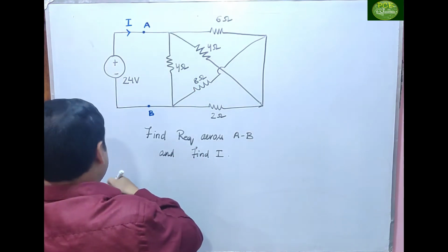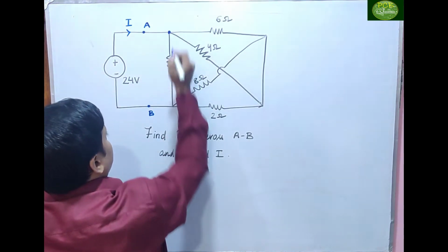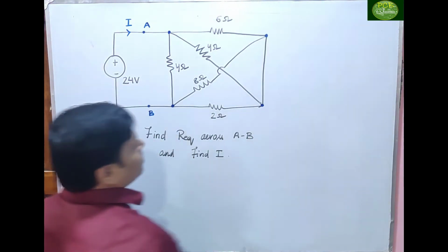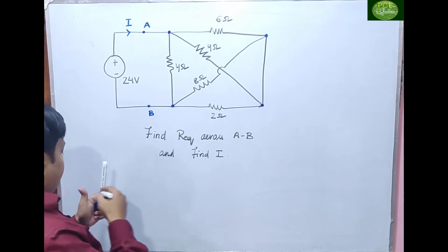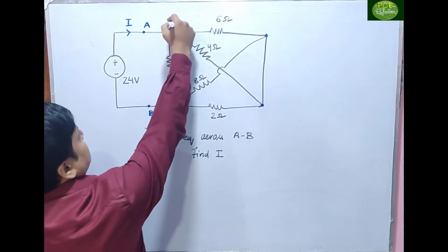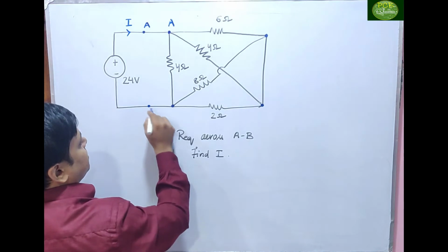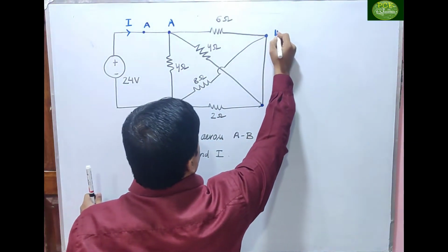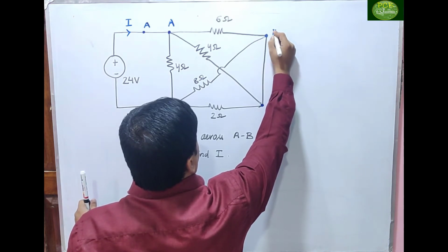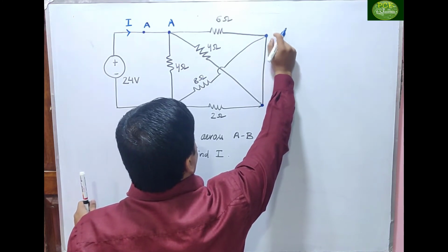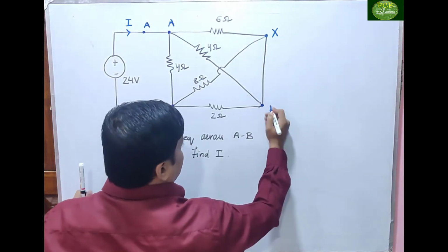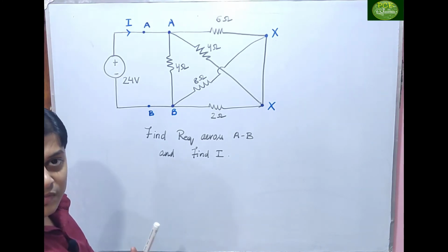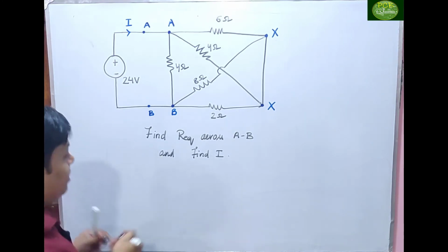This is a node. This is a node. This is also a node. This is also a node. This is also a node. Fine. So I'll give the name. If this is A, can I say this is also A? Yes. This is B. Can I say this is B? Yes. Let us take this is your X. This is your X. It is directly connected. Can I say this is X? Yes. So this is a circuit diagram. Done. So we'll redraw it and we'll find out.